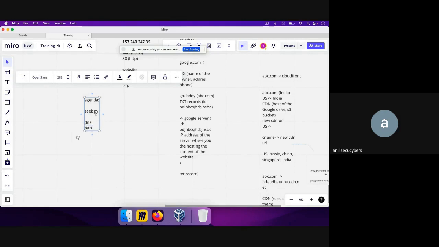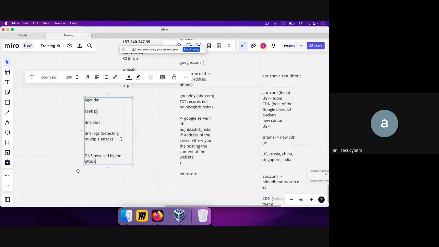There are a lot of things that we will discuss today, like how DNS logs can help us in detecting multiple attacks. This is something we'll be looking at today, and if time permits, we will also look at how DNS can be misused by the attacker. Okay, so let's quickly start with the